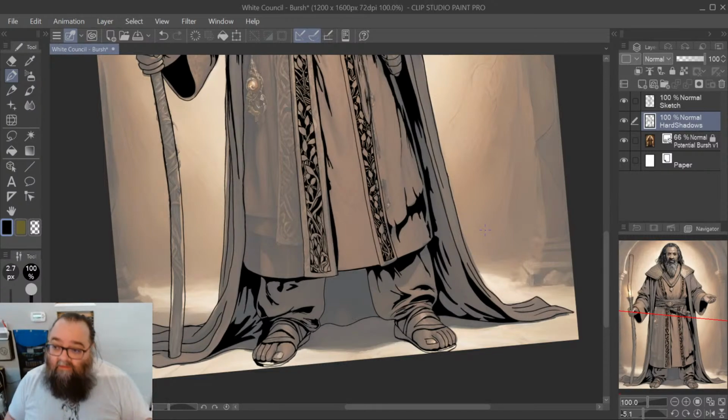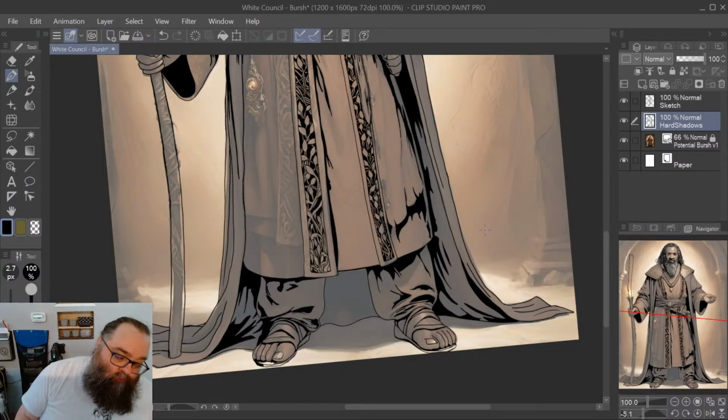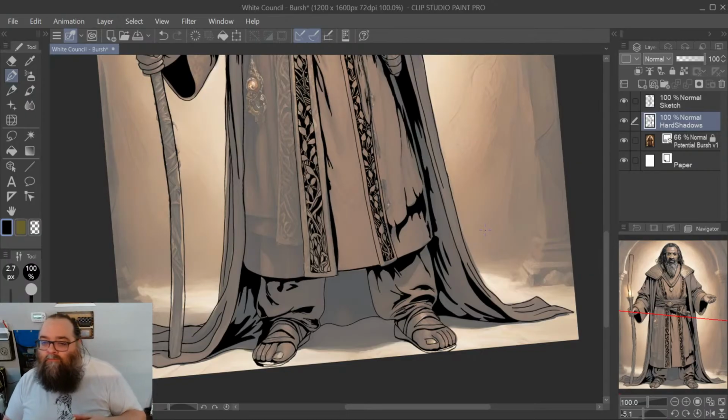And those things in my mind are what I'm going to use to make this render. So, as being an artist, just having a vision.